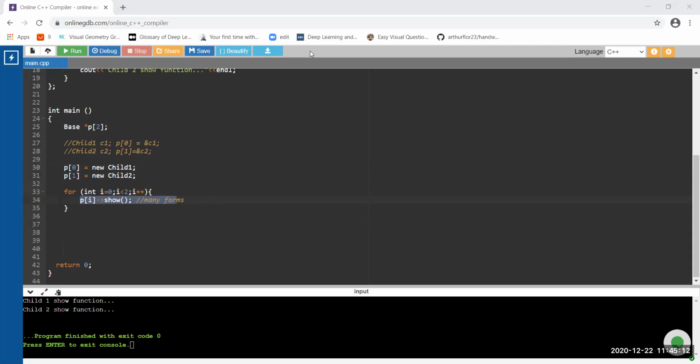Okay, so this is what we saw when we said that instead of taking a single pointer, you can take an array of pointers. This is the new thing that we have seen in the last 10 minutes. The second thing I have recommended is that instead of first creating an object and then copying the address, you can directly use the keyword new and you can create an object using dynamic memory allocation, right? So now if you have any comments from this, please let me know. Then we see